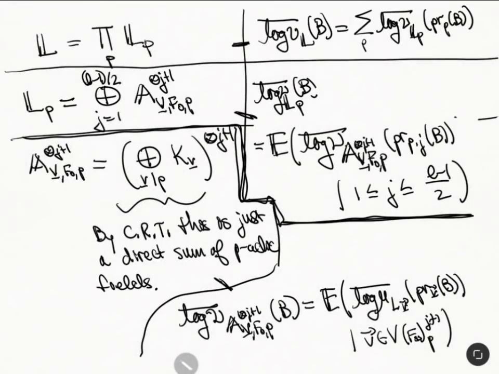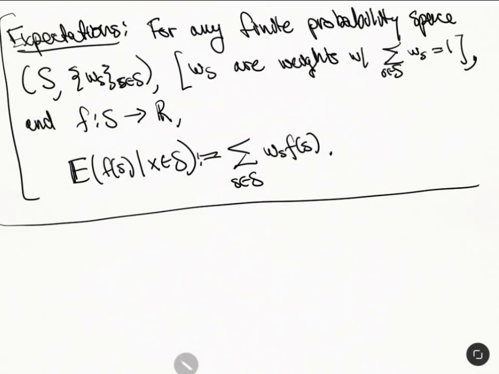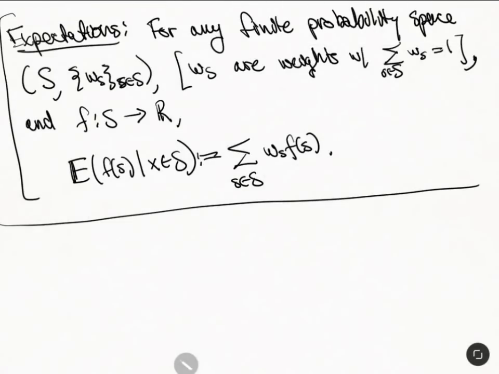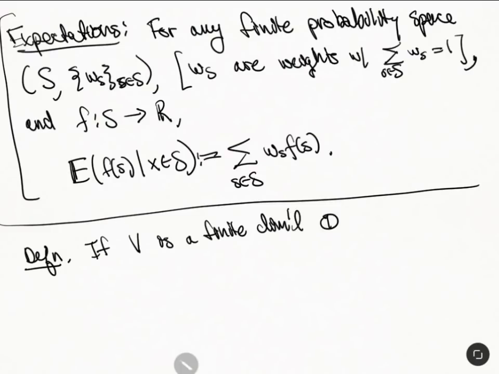Oh, wait. Before, I want to kind of give you... Actually, let's not do that. I want to be able to have this maybe self-contained, so it's completely correct. So let me just give one more definition. Definition. If V is a finite dimensional Qp vector space, so define